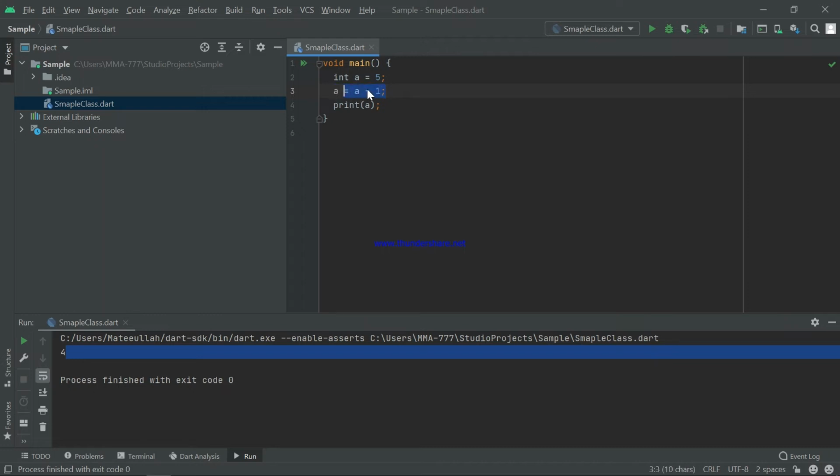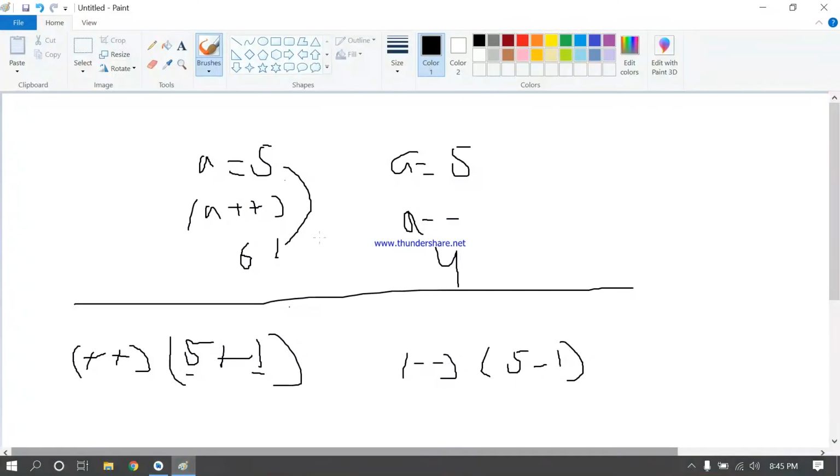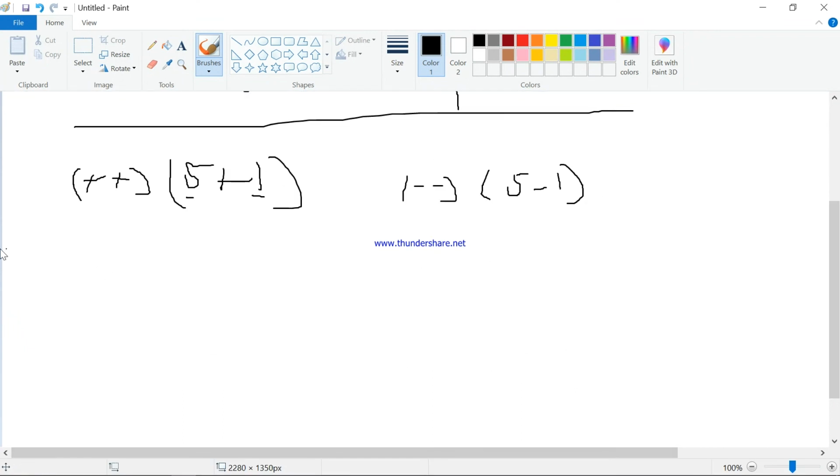Now there are two types of increment operator and decrement operator, like pre-increment and post-increment. Pre-increment simply means the value is incremented on the same line, and post simply means the value is incremented or decremented on the next line.